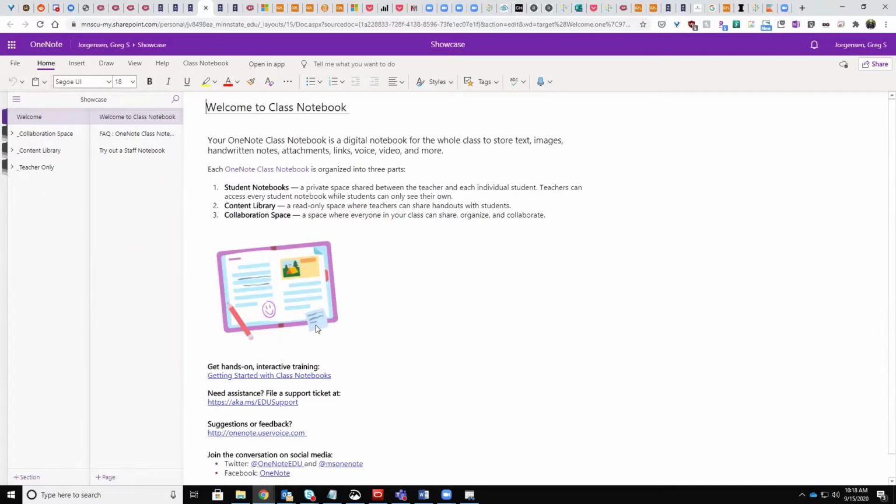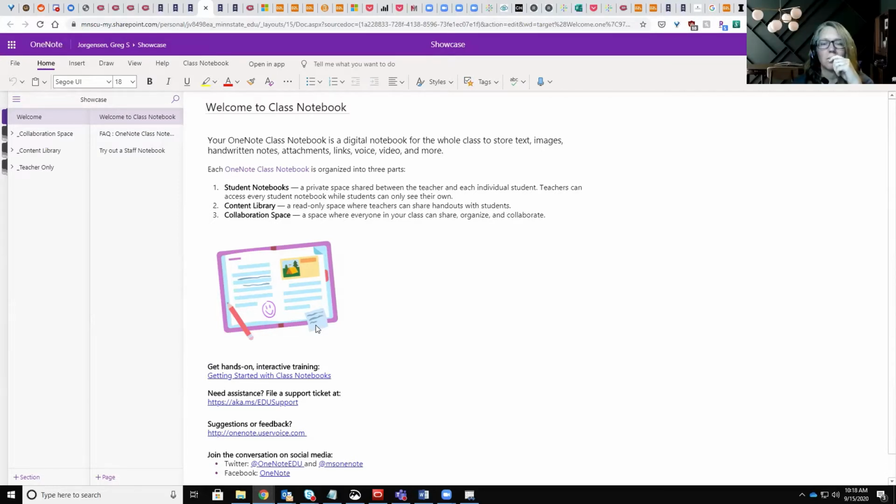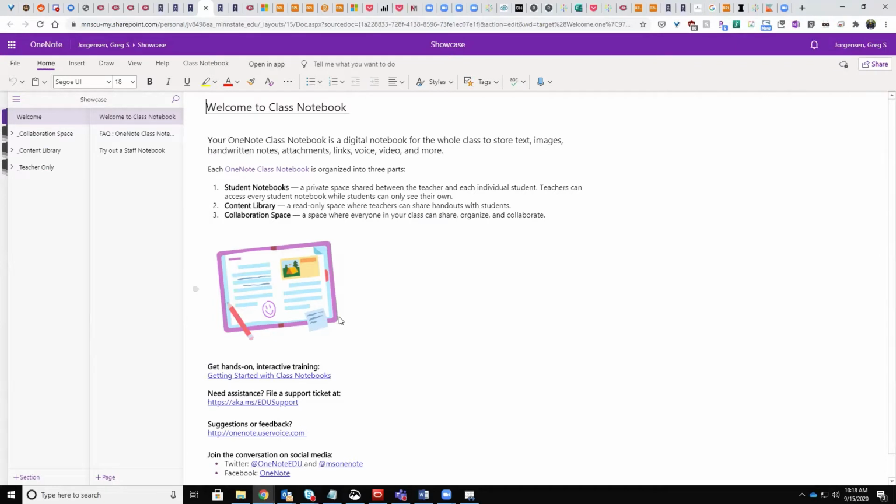If you like OneNote, if you're a regular installed application OneNote user, use that. I love it on tablets. The OneNote app on tablets is fantastic. However, some of the teacher stuff is better done on a computer, and it doesn't matter if you do it in a browser or in the app. But typically you've got more of your files and things on a computer rather than on a tablet or a phone. But we can see that we got what we expected to get: the collaboration space, the content library, and